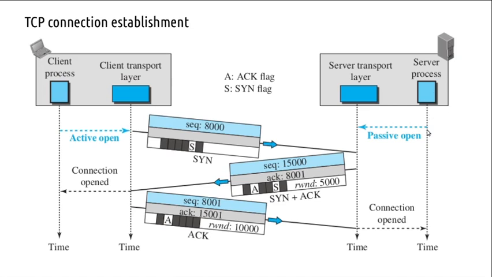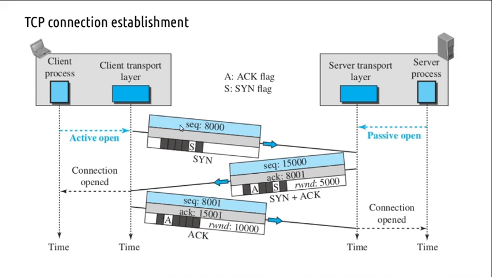So the idea here is that the server side process will be in a passive open state. It will just send a request to the TCP layer telling that it's a passive open request. But it can't make a connection just like that on its own. It has to originate from the client side. So when the client side application program wants to make a TCP connection with the server side process, it sends an active open request to its TCP layer, and then what happens, the TCP layer sends a SYN